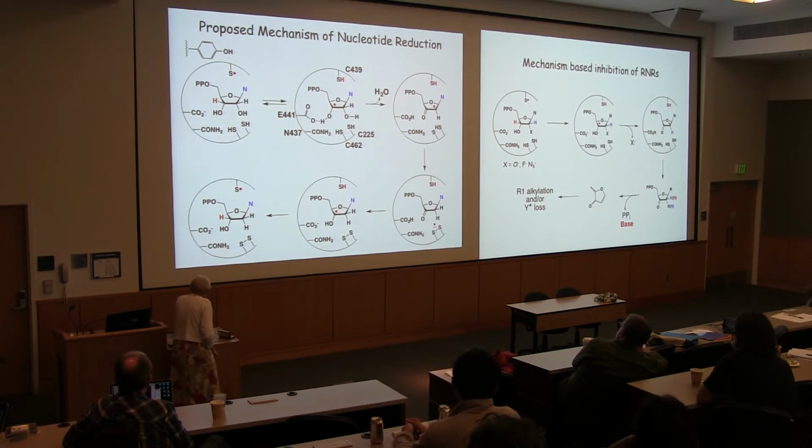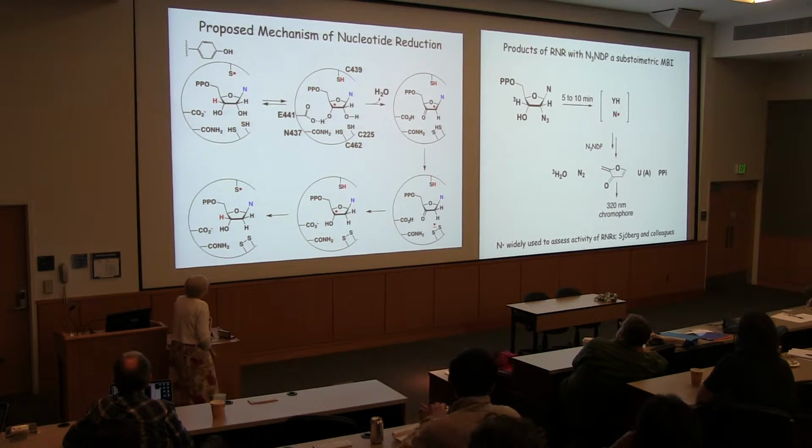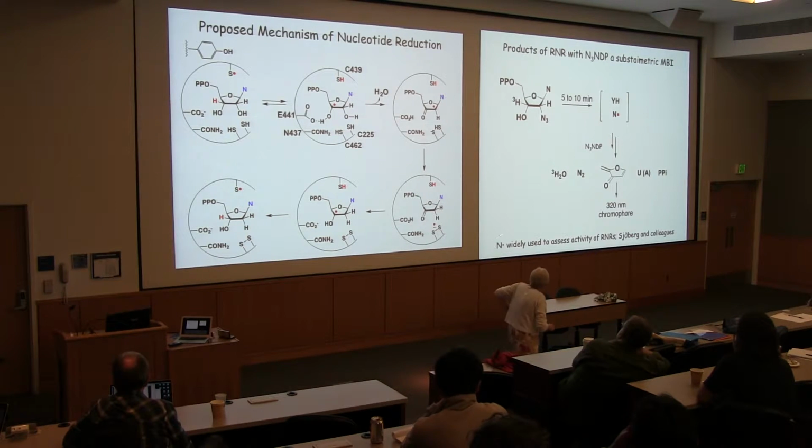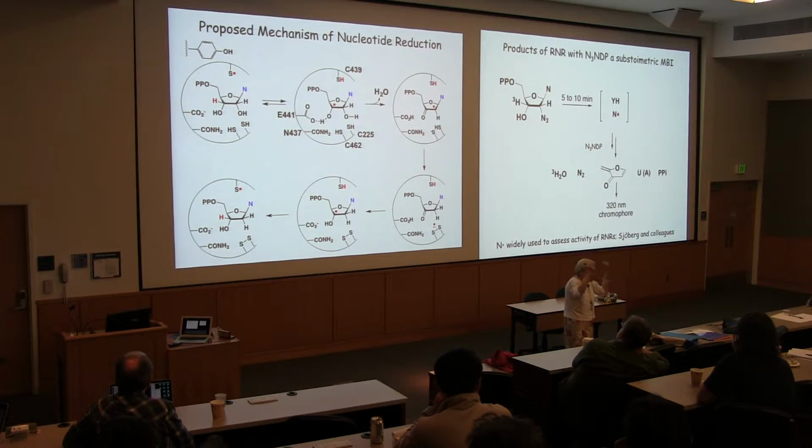Okay, so what happens with the azido CDP, or ADP or UDP, and why am I talking about it? So N dot has been widely used by most people studying metallo-cofactor assembly and interaction with the second subunit of new ribonucleotide reductases as an indicator that you're actually doing chemistry in the active site. Okay, so what do we know? This was discovered by Sjöberg and Eckstein in 1976. We studied